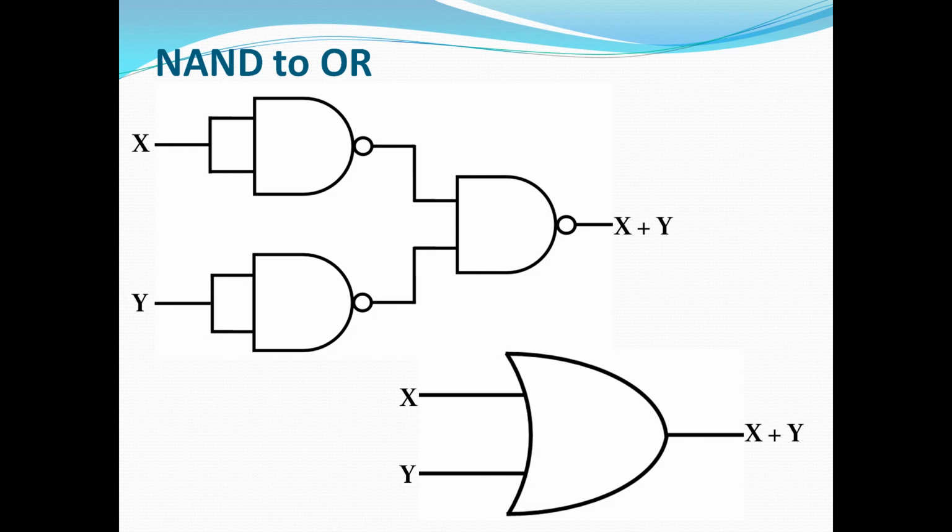But if you see the first figure, that also takes two inputs, x and y, and the output is x plus y. If you want to implement one OR gate, then three NAND gates are required. First NAND gate is inverted, second NAND gate also inverted, and the third takes the two inputs. So by using three NAND gates, it's possible to implement the OR gate. In both cases x and y are the inputs and x plus y is the output.